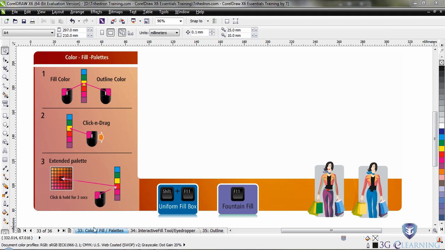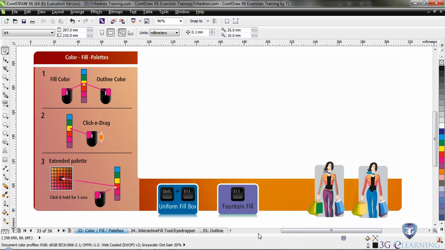We are now continuing on page 33, and I am going to discuss the subject of color palette with you. We are not going to go into great depth, but just some quick and convenient things that will really help you to work. Okay, well first of all, I am going to undock this palette from here and move it